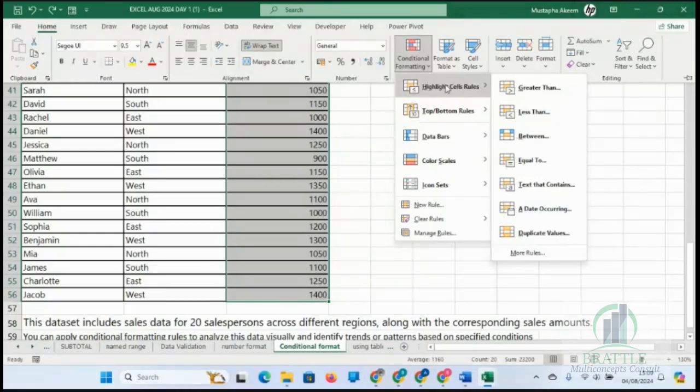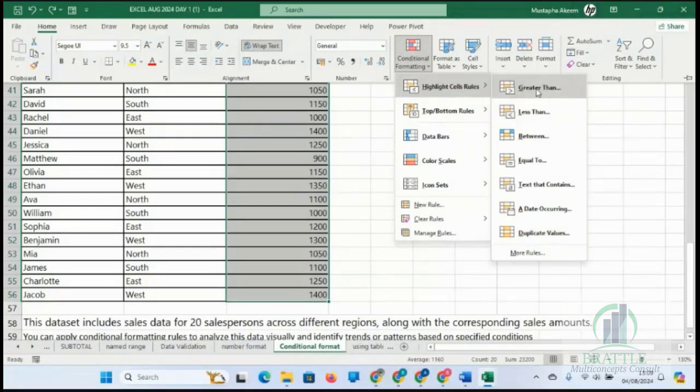I want to highlight a cell. The first option here is Highlight Cells. What kind of cell do I want to highlight? A cell that is greater than so, that is less than this, or a number between this, any number that is equal to this, any cell that contains something like this. Or I want to highlight a duplicate value. I want to see if there's any number that is duplicated here, or any name that is duplicated. I can use Duplicate Values also.